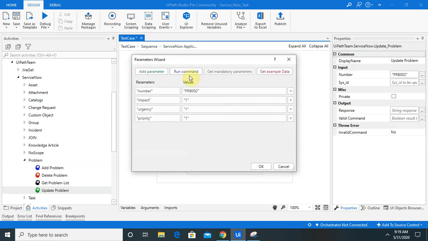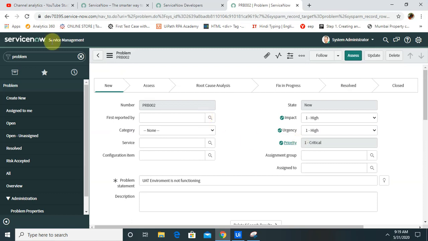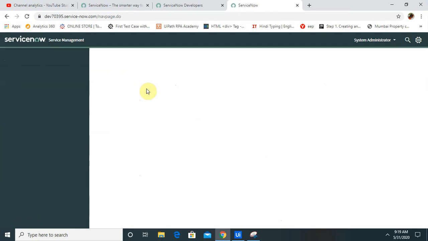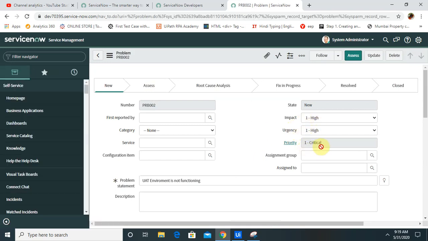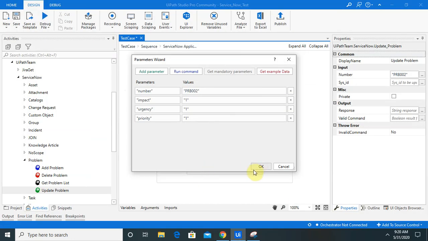Let's run this. Now you can see the command executed successfully. Refresh this page. Now you can see all the data, that is impact, urgency and priority, is updated here. So at the time of creation, whenever we are mentioning the priority, impact and urgency should also be involved, otherwise it will take the default value 5, that is planning. So by this way we are able to update our